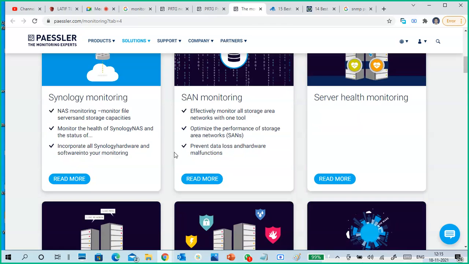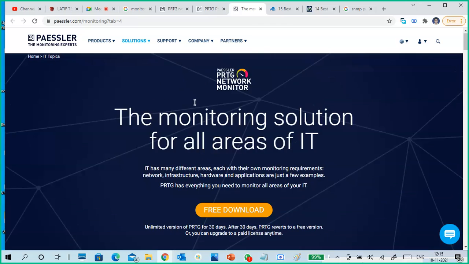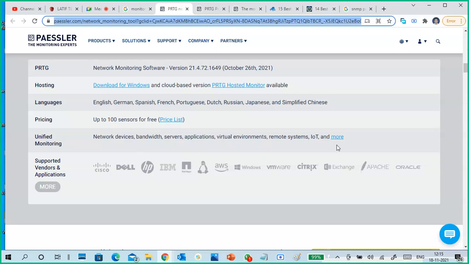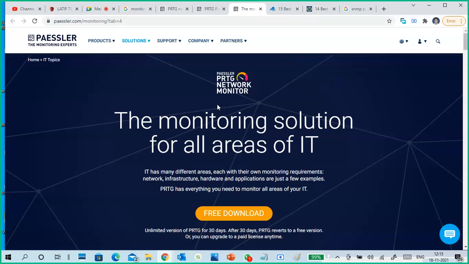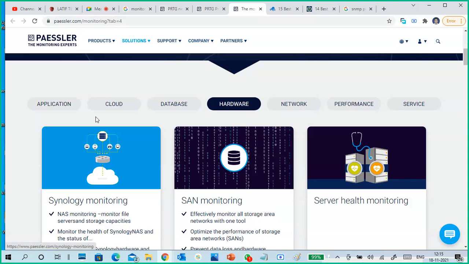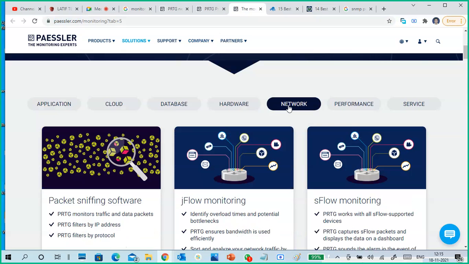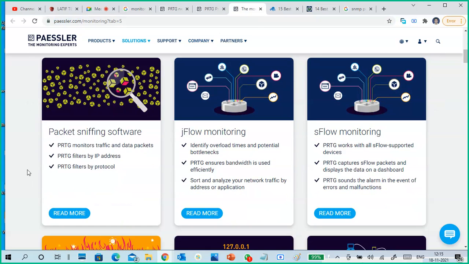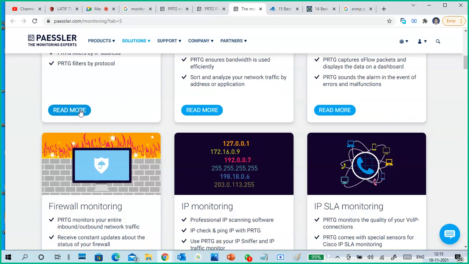Okay, I didn't go to any other place, simple. I opened this one, then I opened like this. I already gave this link to you. So what are the different types of monitoring? One by one I'm checking. You need not know everything from your college days. Simple, go and verify. You will see. If you want to read about it, go to read more.